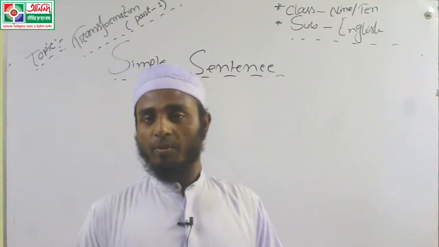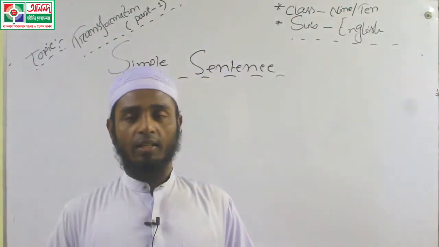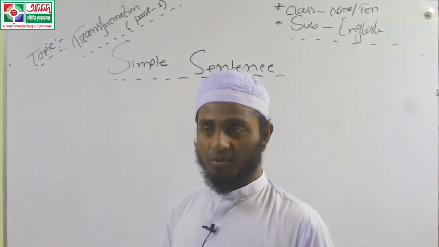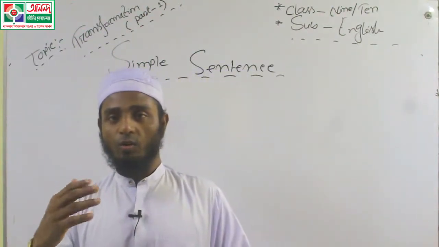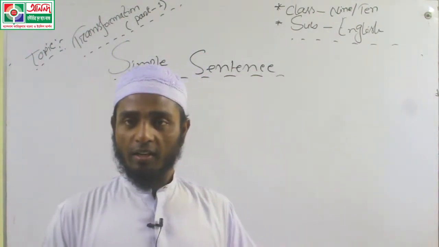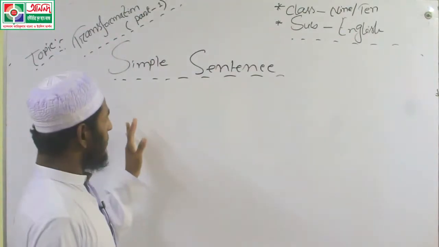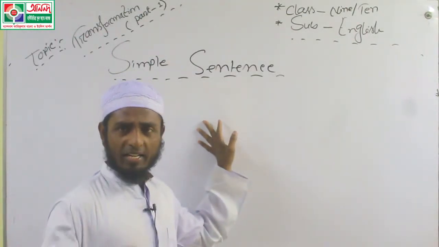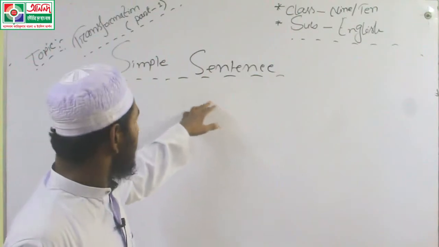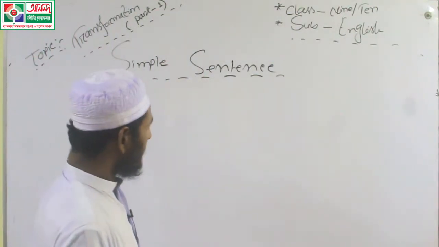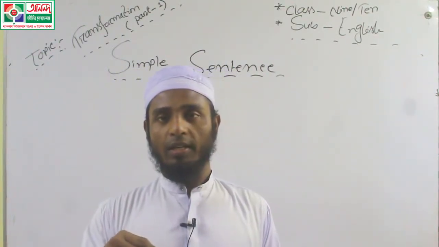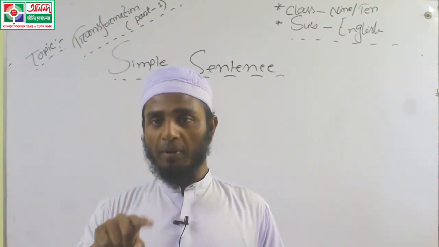Dear learners, in transformation, in the formation of sentences, there are three types of sentence: simple sentence, compound sentence and complex sentence. But in the wordly sense, there are five kinds of sentence: assertive, interrogative, imperative, optative and exclamatory. In the formation of sentences, there are three types: simple, complex and compound. Dear learners, to transform simple to complex, complex to simple, simple to compound, compound to simple, complex to compound, compound